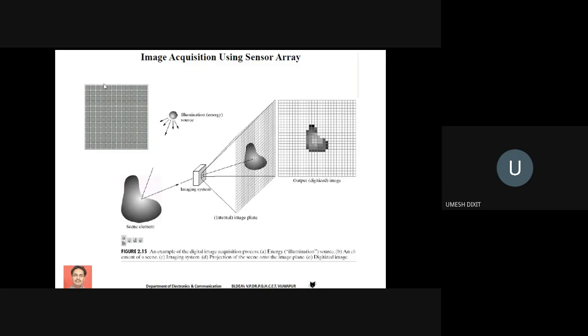A very good example is in digital cameras, where we use such kind of sensors. We are going to find a rectangular strip on which the sensors are fixed, and depending on megapixel, we are going to find the number of sensors. Say for example, if you have a 4 by 5 matrix, then you are going to find 20 sensors arranged in row and column fashion. But whenever you want high megapixel cameras, you require a very large number of sensors in row and column fashion. Okay.